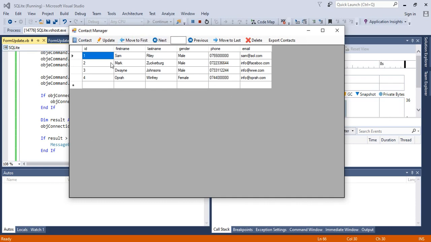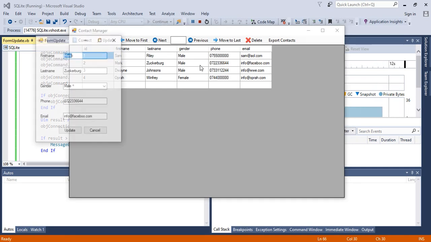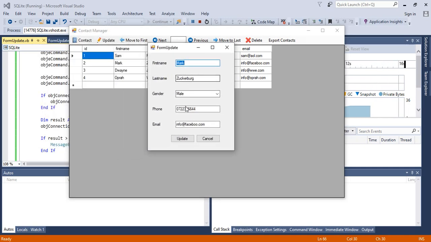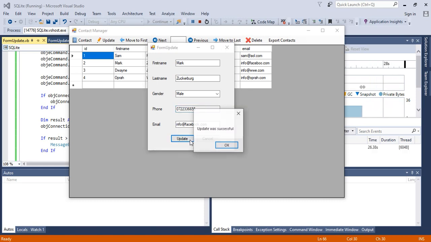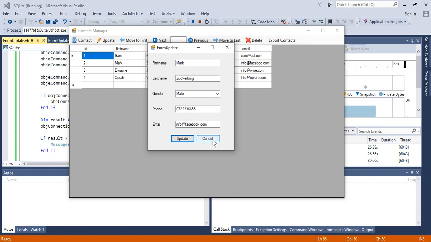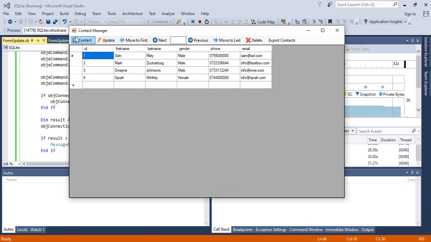So here we can note that Mark Zuckerberg, the Facebook wasn't spelled correctly, so I will double click on Mark Zuckerberg and I will put a K there, and let's say I will change the phone number to maybe 55 from 44. Then I will say update. Then it tells me the update was successful,